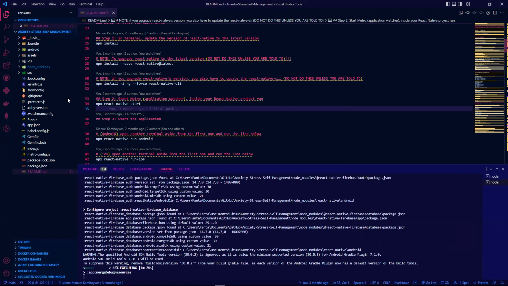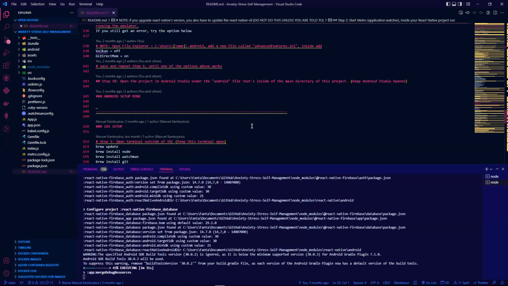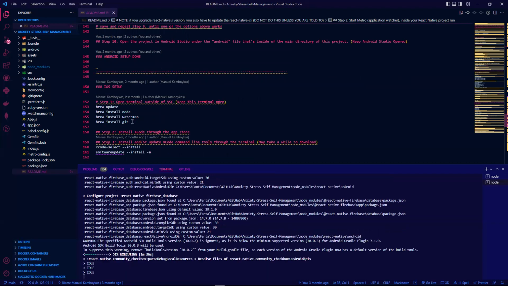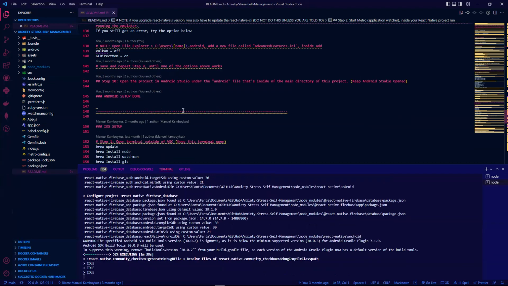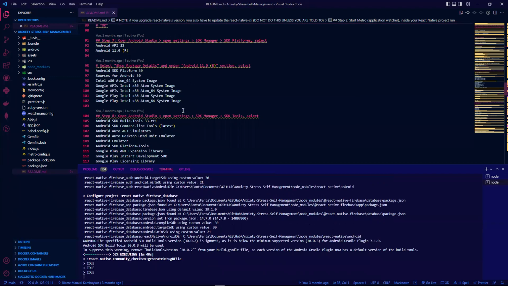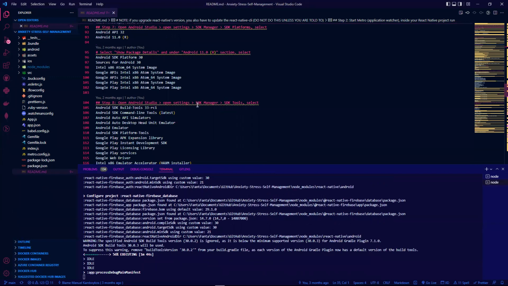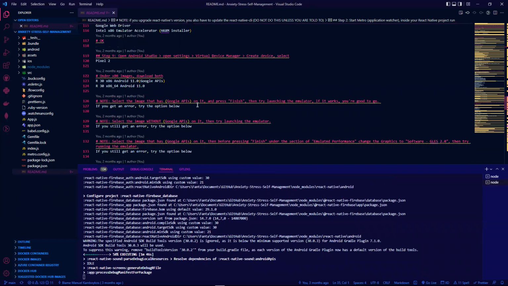So if you were to run this project on iOS and follow the whole installation guide, chances are the installation guide is going to be correct. But because the Firebase is going to get in the way, you are going to have to create a separate main folder for iOS. Again, I repeat,